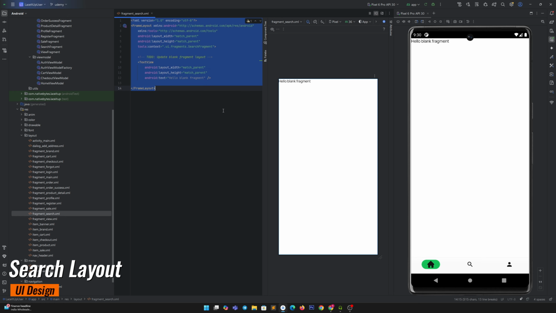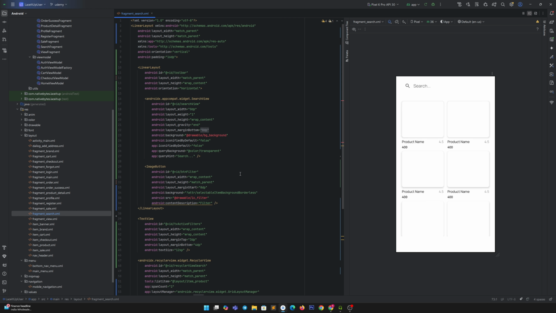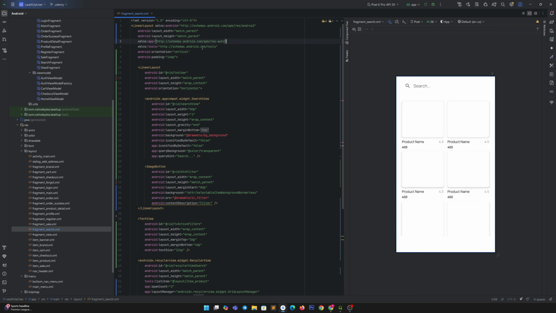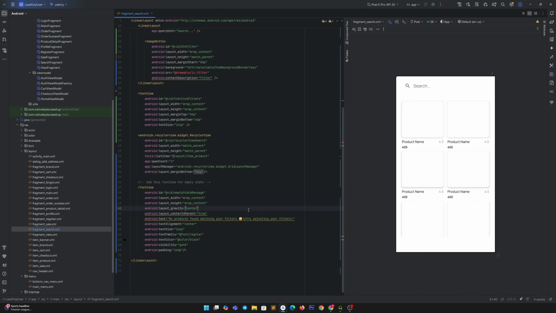For this layout, I will just copy and paste the logic so that we will save our time. All right. So what we did, we defined the linear layout. Under this, we have another linear layout which is holding the search view and an image button which is holding the IC filter icon, right? And we have a text view, active filters, which will basically show a text based on the filter applied below the search view, right? And then we have used a recycler view which will be holding our products, and we have an empty state message which will show if any search results are not matching the keywords, right?